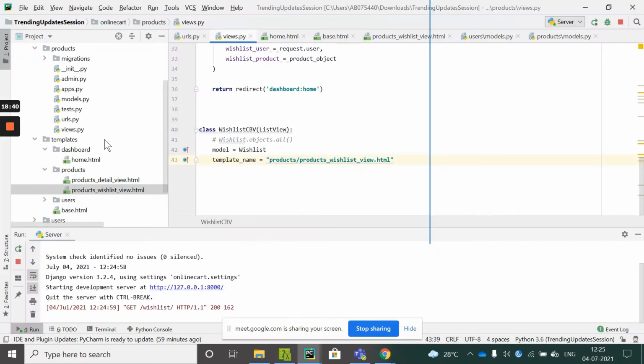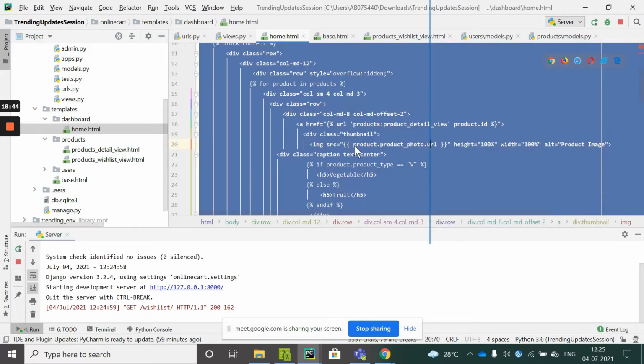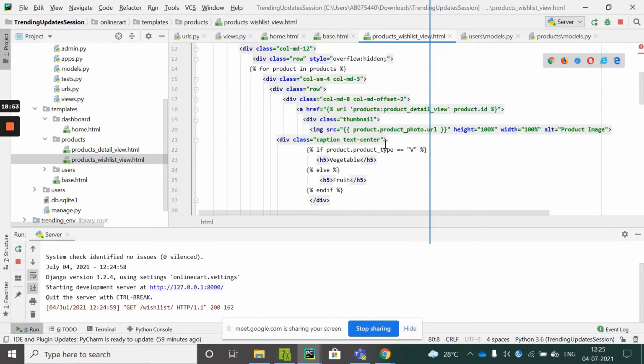What we need to do is copy the code of the home.html page. I'll simply paste this in wishlist view because I have the thumbnails, and inside which you need to pass the products as such. Going to the wishlist, here you can see the products are available.